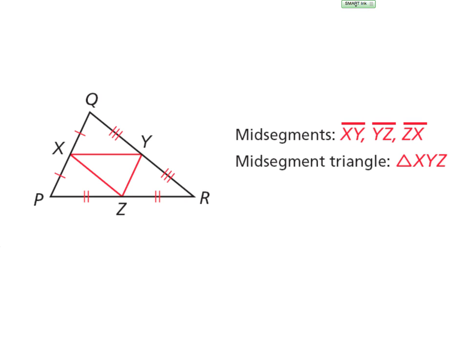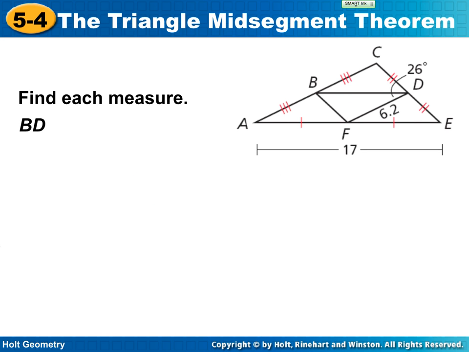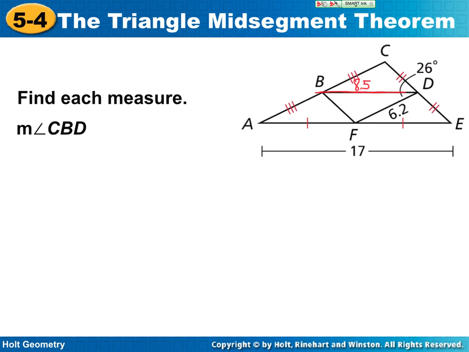Done with the notes about it? Okay, so let's do an example that has the midsegment triangle in it. It says find the length of BD. How long is this side? Half of 17. Half of 17, which is? Half of 16 would be 8. 8, so 8.5. You're doubling it. You need to go half of it instead. Okay? How about angle